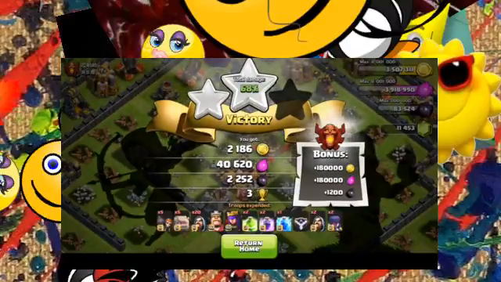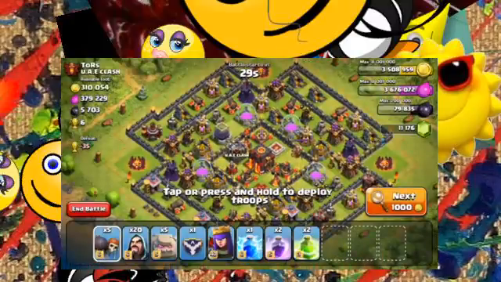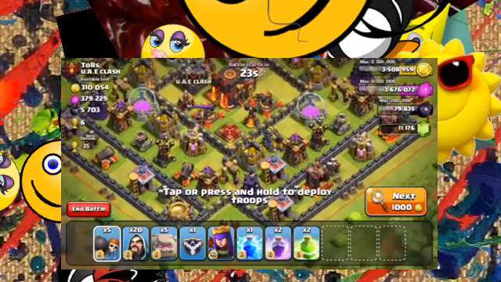Again, not a lot of my wizards died to giant bombs or anything like that, so it was a pretty big success. And let's go ahead and try it out against one more base and see if we can have another successful battle. Alright, so 6 trophies available, and looking at what we've got, I see the king and queen